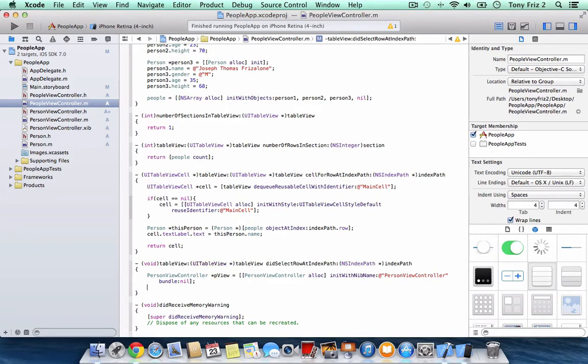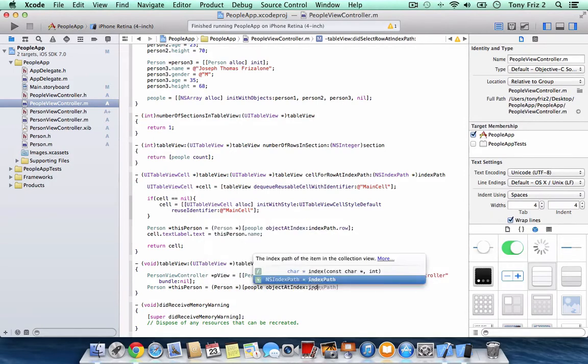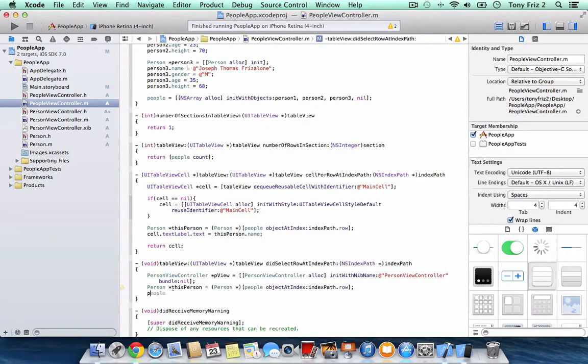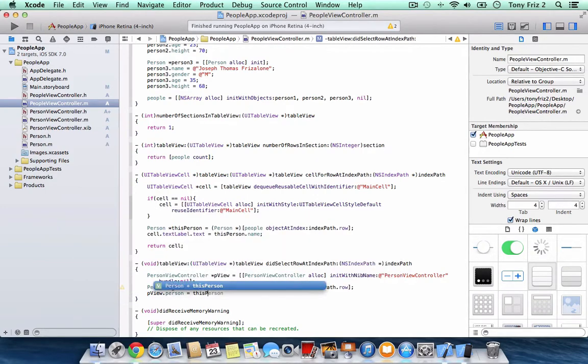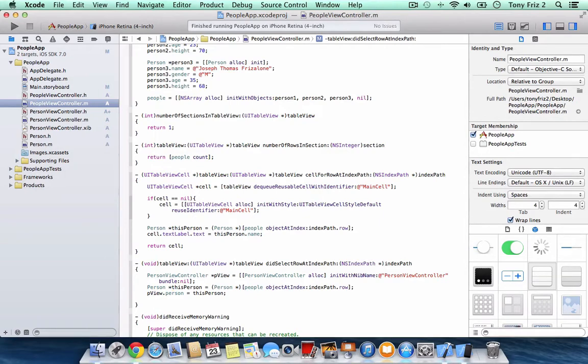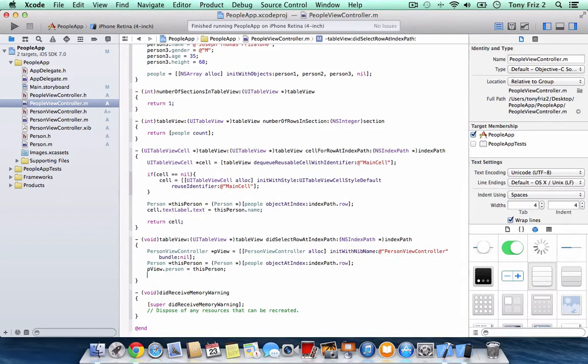Now, let's grab that person object, give that person object to our newly created person view controller, and now we can push this new person view controller object onto the navigation controller stack, and the navigation controller will display it. So, to reference back to the navigation controller that this view is sitting inside of, remember that